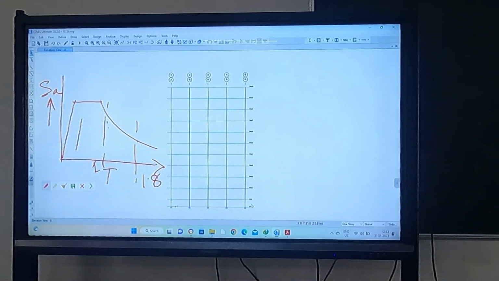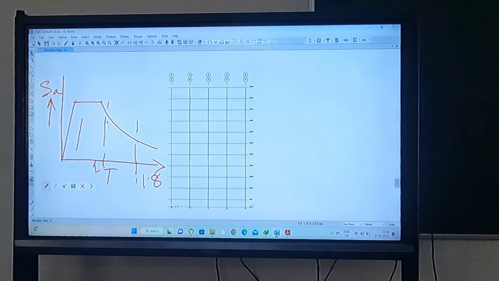So if we design for higher base shear, our sections will become a little bit larger. For example, you are designing one building for 5000 kilonewton, another building for 10,000 kilonewton. To resist 10,000 kilonewton, you need larger beam and column sizes, right? So if you design for the lower period, your structure will become more rigid. Is it clear? It means your structural capacity will be more compared to our software based equation. So our code is giving the conservative result. That is the perspective of the code. It will always tend to give the safer result.